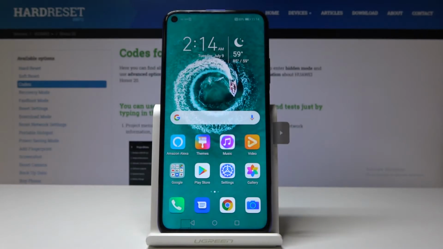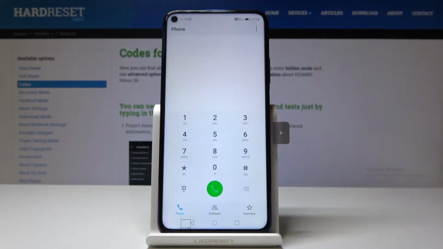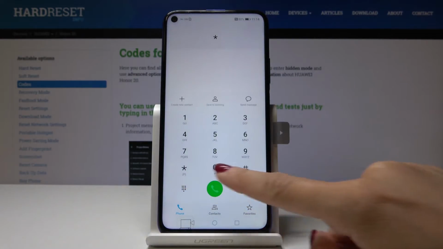Here I've got HUAWEI Honor 20 and let me show you all the secret codes for this device. At first you have to open the phone dialer and let's start with the first code. So let's enter *##,